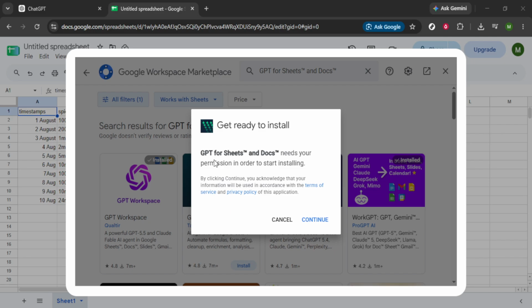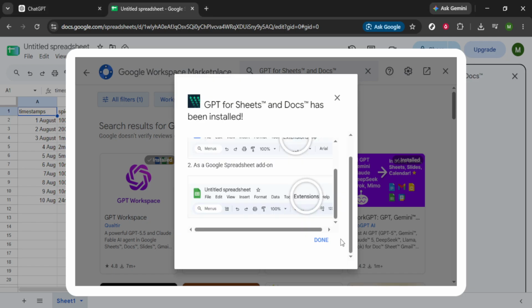Now the installation process will begin. This might take a moment or two, so be patient while the add-on is being configured and linked to your Google Sheets account. During this initialization, you should see a progress indicator or some kind of loading message to let you know things are in motion. When the installation completes, you'll get a notification confirming that GPT for Sheets has been successfully added to your account. You can go ahead and close this confirmation window at